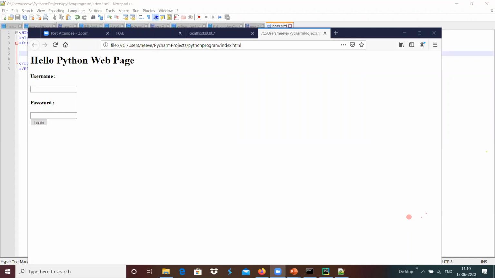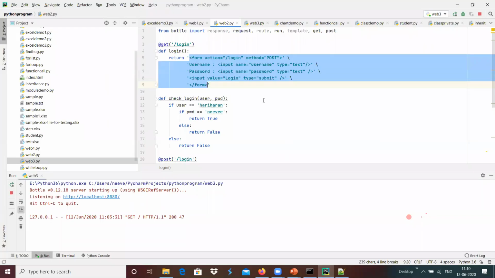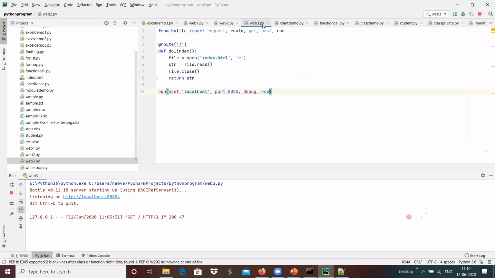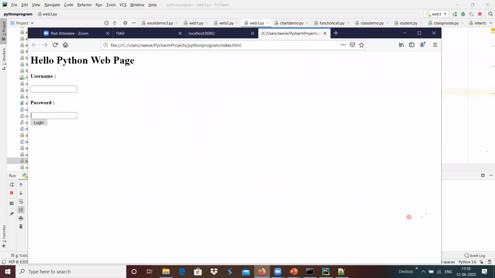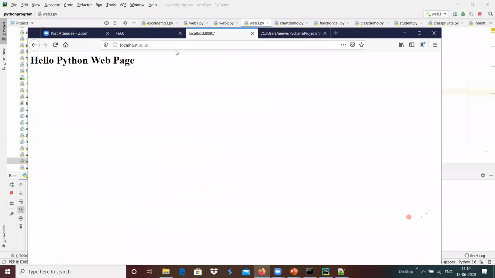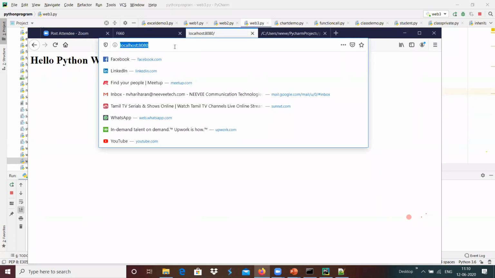Now we have the file index.html that we can load over here. I have web3.py, which reads the complete index.html and loads it. I'm going to run this, and it loads the complete file.